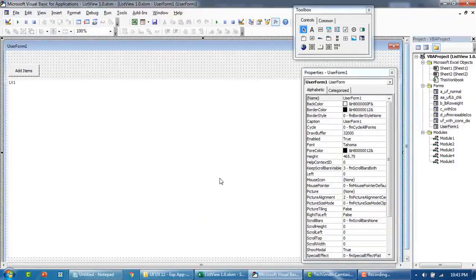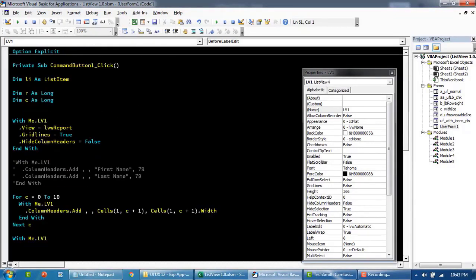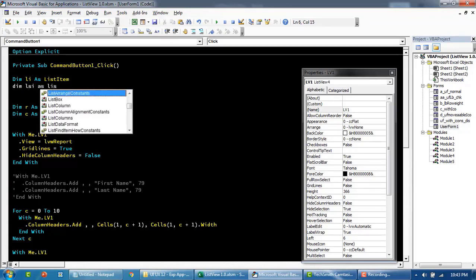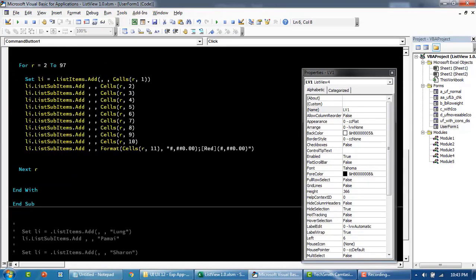That looks better. So one quick thing, we'll try to use the list sub item. I'll just call this list cell, or basically list sub item, something like that. And then down here, I'm gonna say set list item equal to, you could specify whatever list has been added up here. So list sub item,